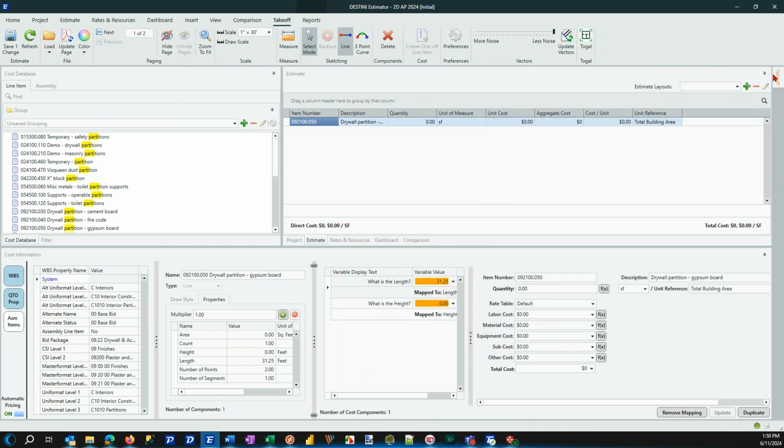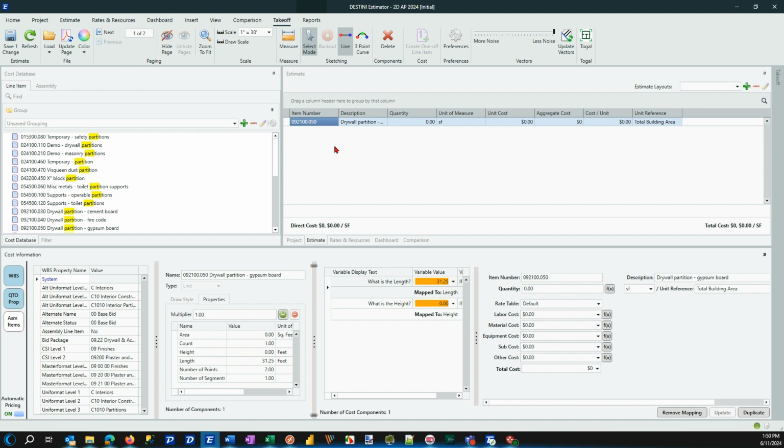But where is the quantity? Well, the quantity is 0 at the moment, and that's because we only have one of the two variable values set, and that is the length coming in from the line segment that I drew. A good standard operating procedure would be to go to the Properties tab and then say, for example, set the